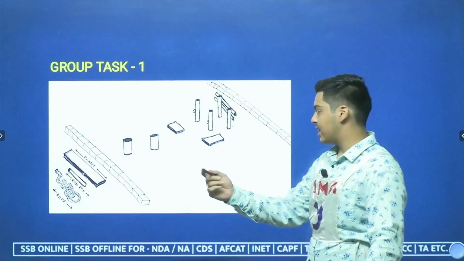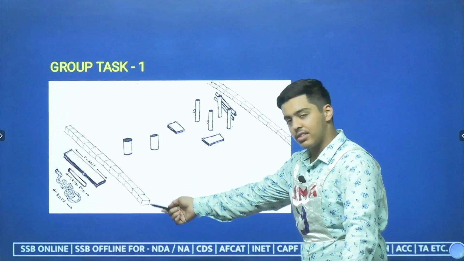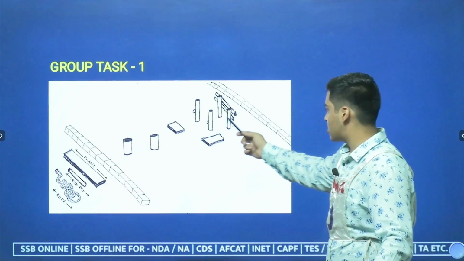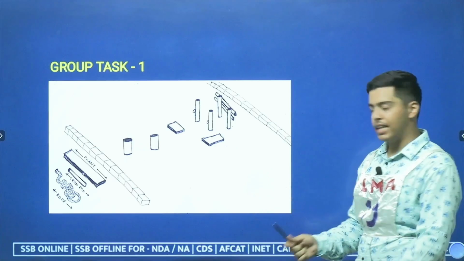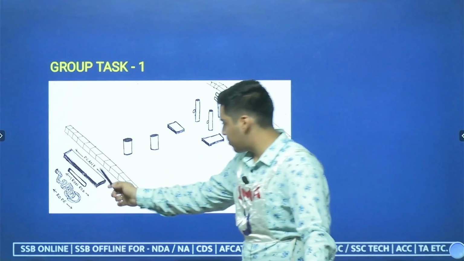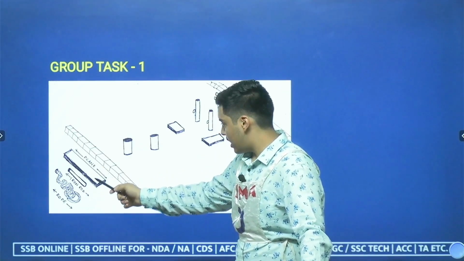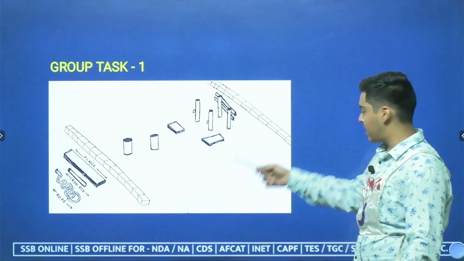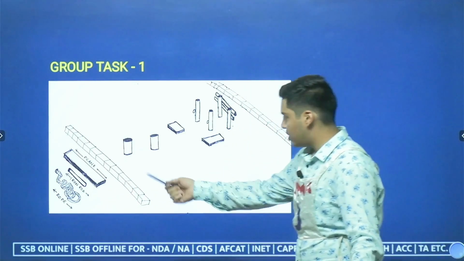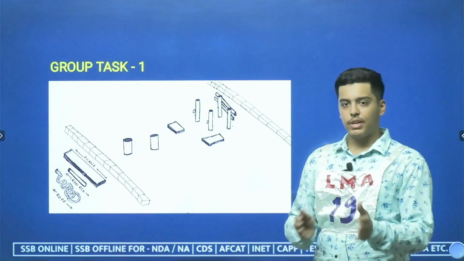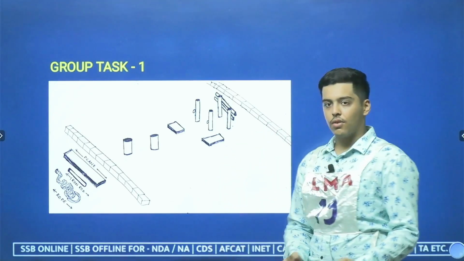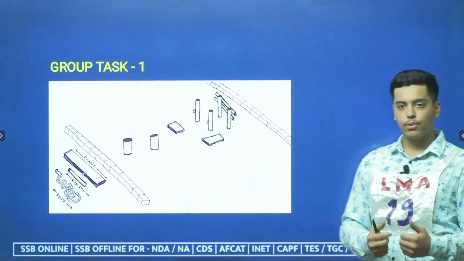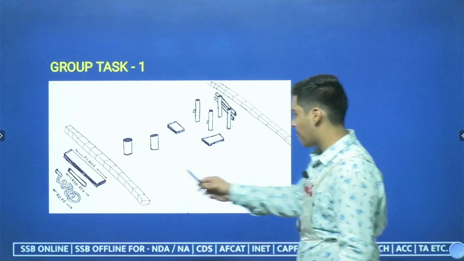Friends, you can see here, this is the starting line and this is the finishing line. These are all the structures which are a bit incomplete, and you have to use these helping materials provided to you, like the plank, the iron rod and the rope, to pass from the starting line to the finishing line. So we shall start. Firstly, I would explain myself from this picture what is my understanding, and then we'll see the individual slides which will help you in better understanding the process.